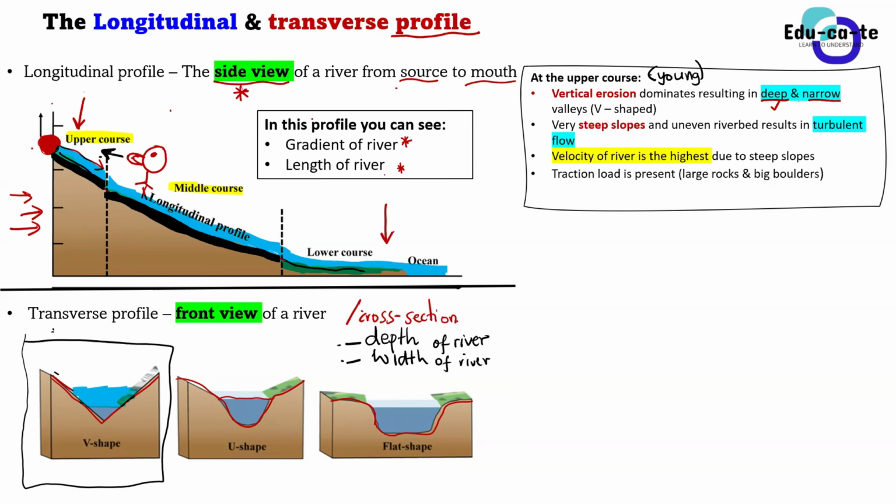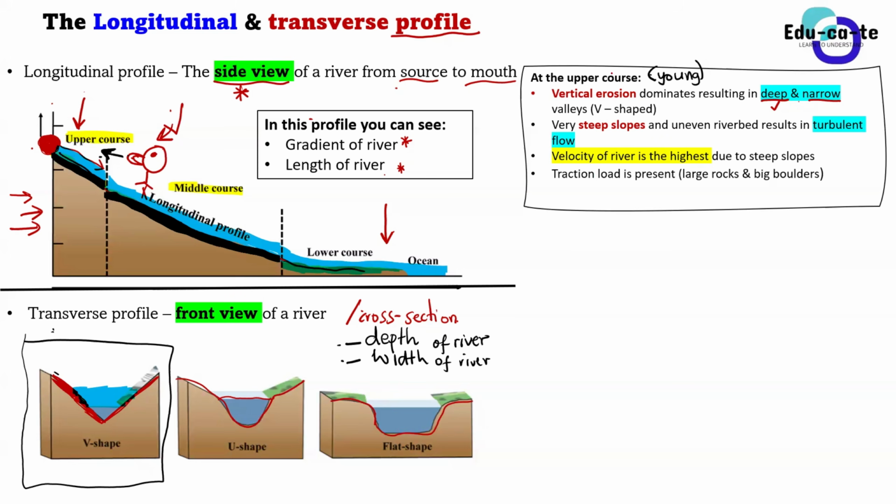So basically, if you are here, and you are viewing the river from the front view, you are going to see that the river will have V-shaped valleys. So when the water is coming towards you, the river would have V-shaped valleys. What is the reason? Why are we having this V-shape? First of all, the V-shape is because the river valleys are deep. What's making the river valleys deep is that there is a lot of vertical erosion. The river is digging down deep. That's why the shape ends up becoming a V shape.